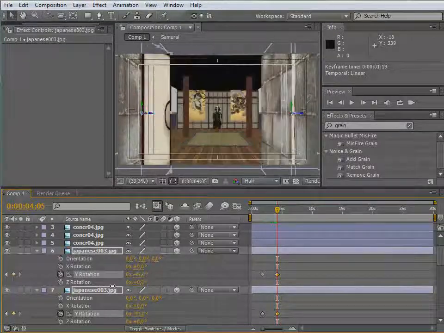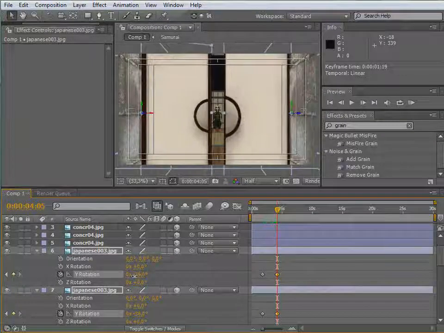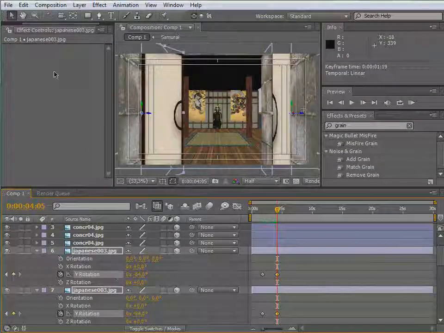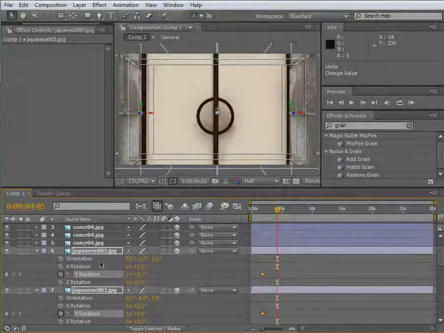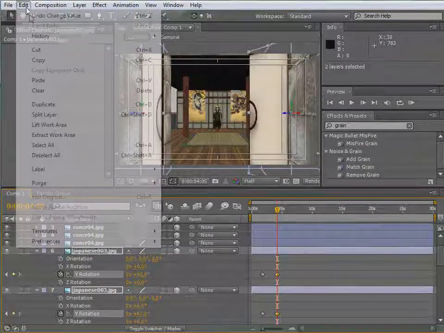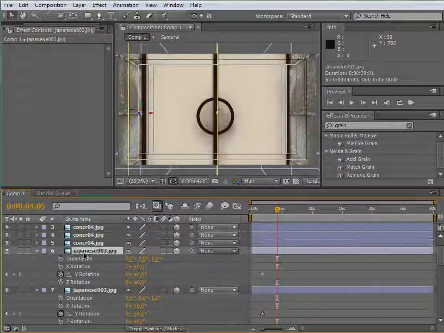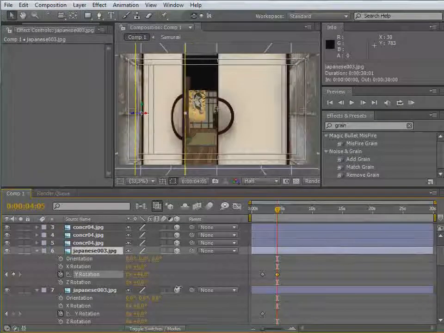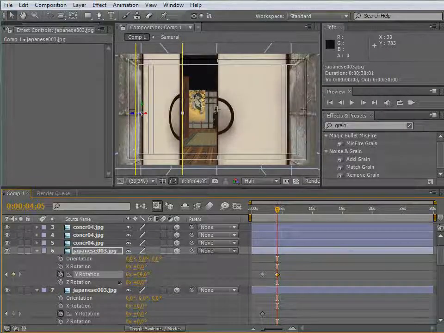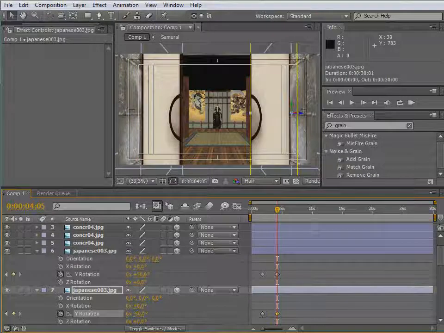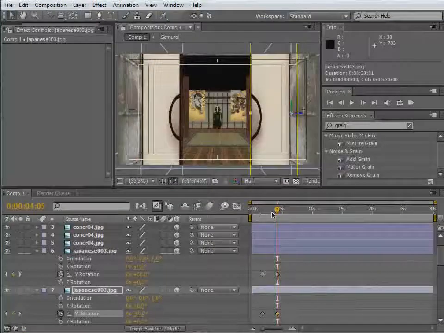So let's open them, let's make them separately. So that one again separately. So like I would say like that. So 50, and type in -50 for the other window. Okay, so